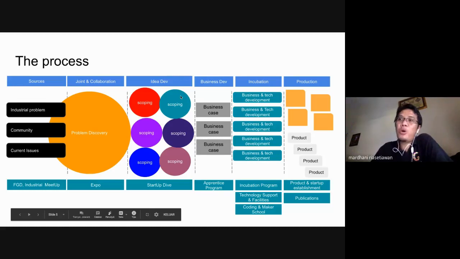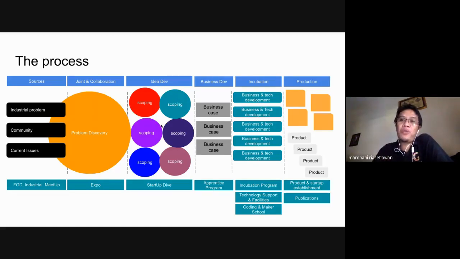The first type is a more technical idea about solving the problem in a technical way, in the engineering way. But in business development, you think about how the engineering way will be encapsulated within a business case or business process that can be done by the people, by the citizen, or by your customer, and it works for them. So that will be your business case.